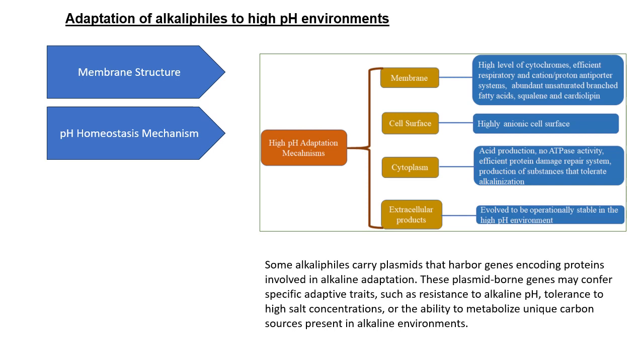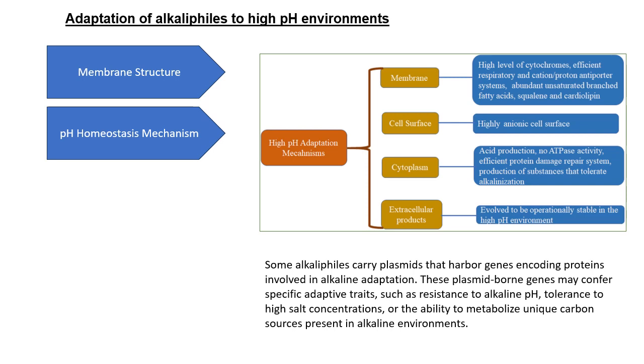actively transport the protons out of the cell, as well as synthesis of intracellular buffering molecules such as polyamines and compatible solutes. Now what are compatible solutes? We have seen in the metabolite slide that those are small organic molecules. Now these proton pumping ATPase or the proton antiporters, what they do, they actively transport the protons out, and they try to maintain the pH inside the cell. And as it is more crucial for the functioning of the cell, so the pH homeostasis is very important.